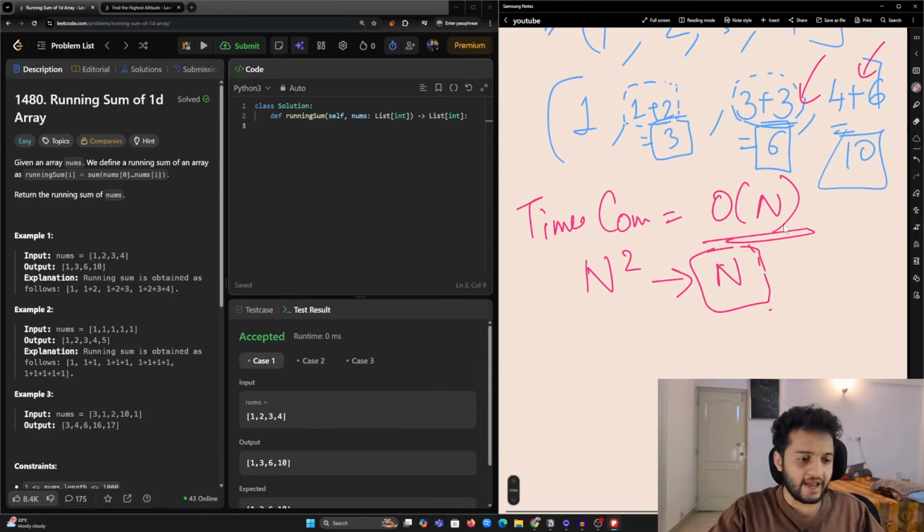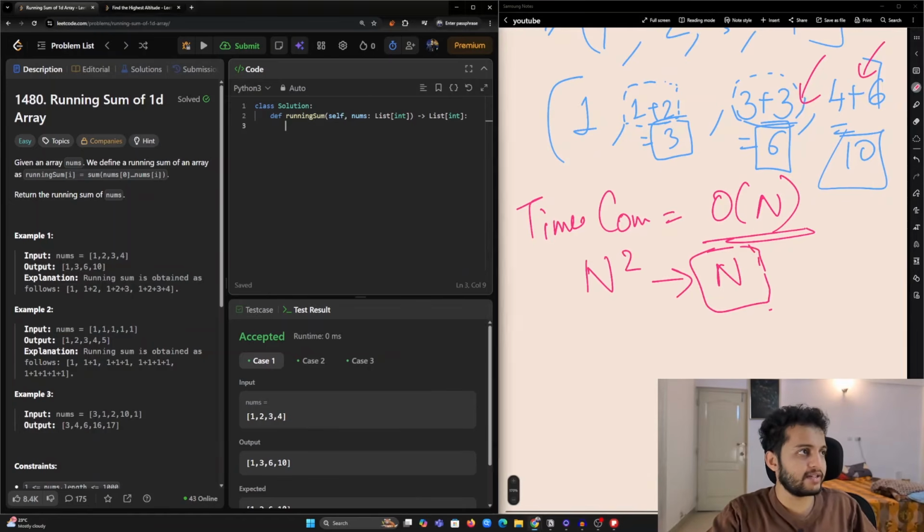So let's go ahead and implement this particular solution. What we will write is a running sum array. Initially, let's say it's all zeros, and let's also find the length of our array nums, which is n.